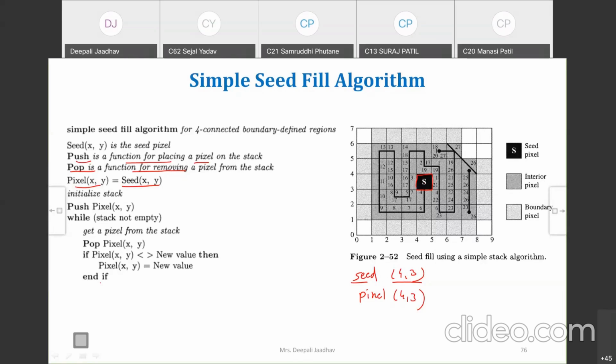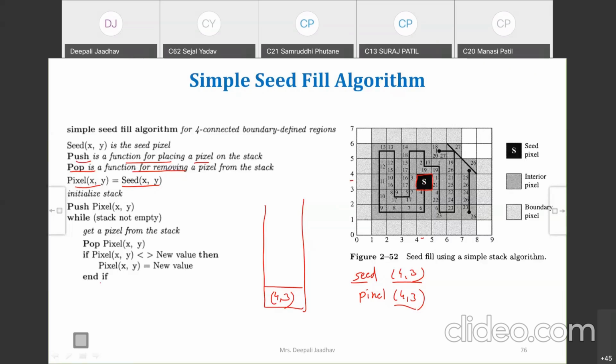Initialize the stack, then push pixel (x, y), which is now (4, 3). Now, while the stack is not empty,